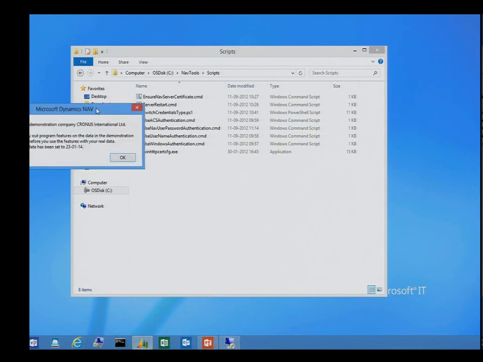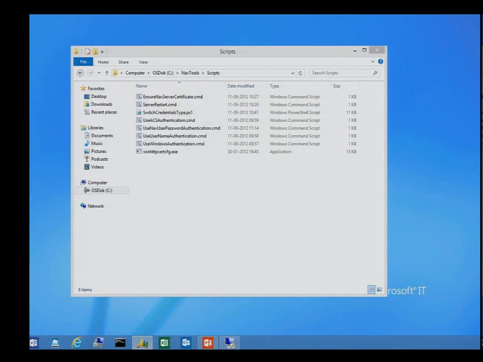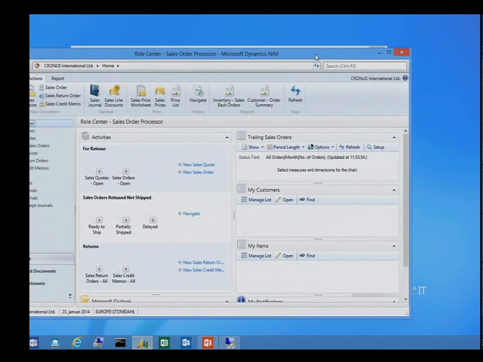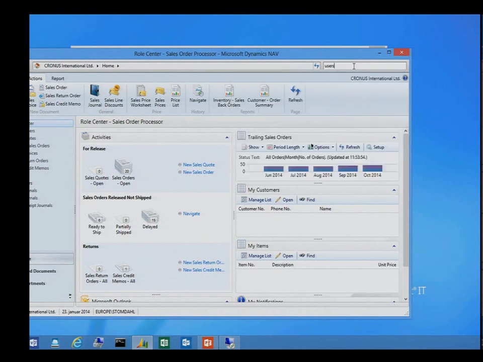I started it up. It's on the other client, but you can see here. Okay. You can see that I started up the client, and I will go and find the users page right there.